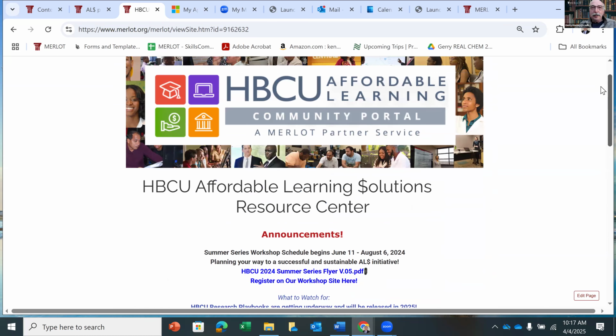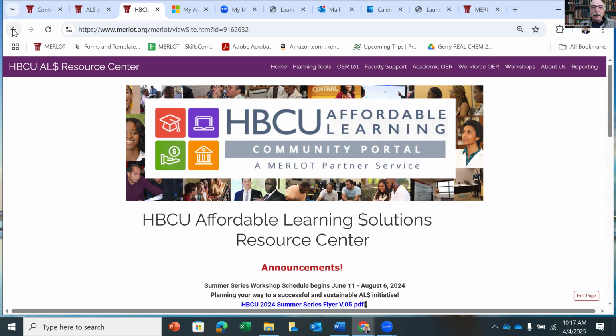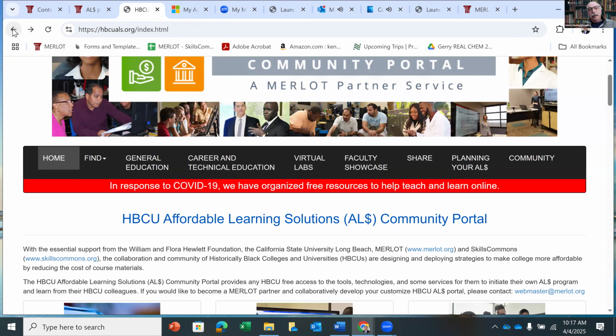Okay, so that's a little background about the organization, and Tennessee State has received funding from the William and Flora Hewlett Foundation to really try to institutionalize and build the open culture of using open education resources and more in your institutions.